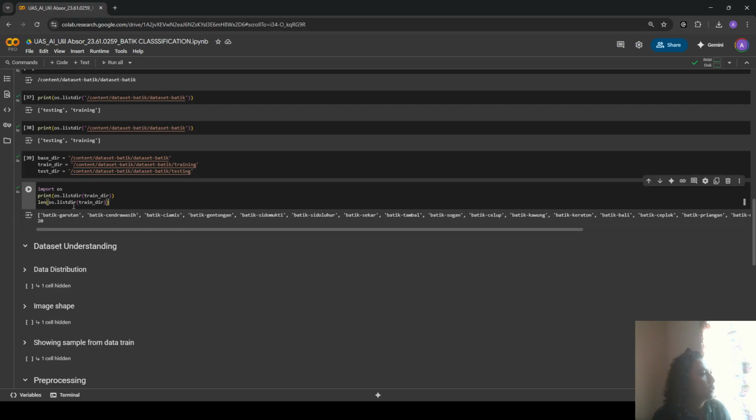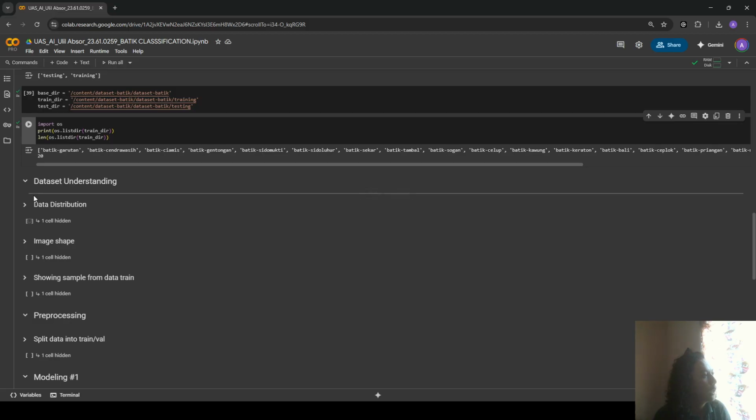And next, it's important for me to check what's inside the train directory, which has 20 classes, Batik Garutan, Batik Cendrawasih, etc. After that, I need to understand the dataset before pre-processing and modeling.